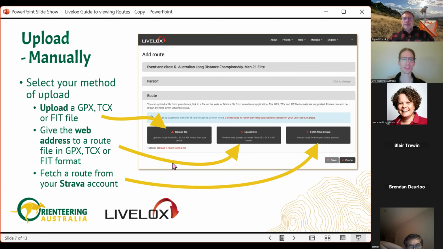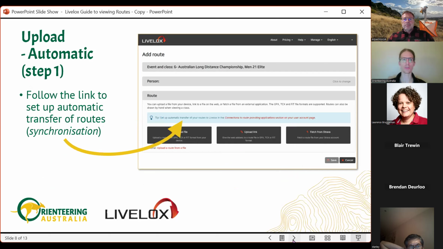But if you're using a different method as well and you create a GPX or another type of file, then these are the three options that you would click on. So after selecting the Add Route button, you will be presented with this screen, and you can choose to upload a file, upload a link if it's a web address that you've got, or you could fetch your route from your Strava account. So that's a manual upload.